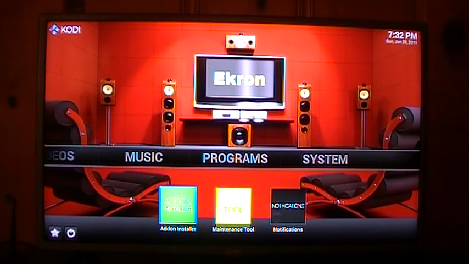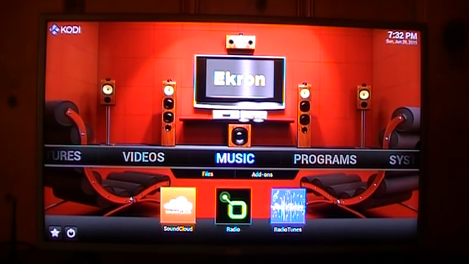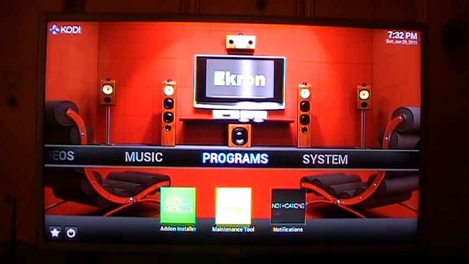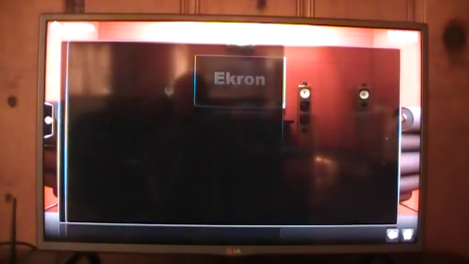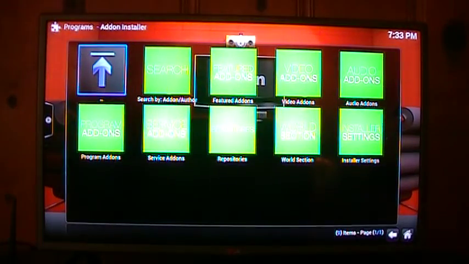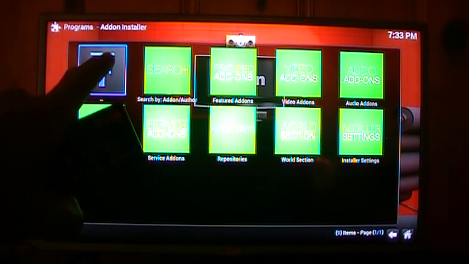So first we'll go over here and we'll go to programs. You see how I've highlighted videos, music, programs. If you notice the green one, it says add-on installer. So we go down here and we click on it, highlight it, click on it. The next screen you have, it says